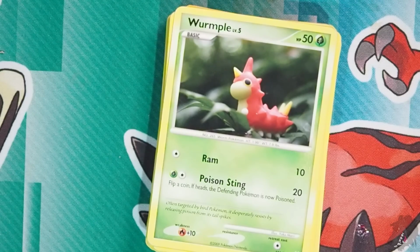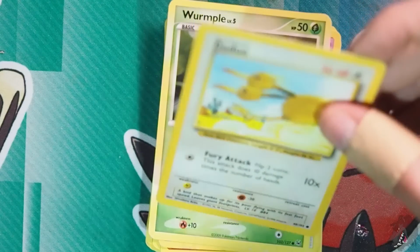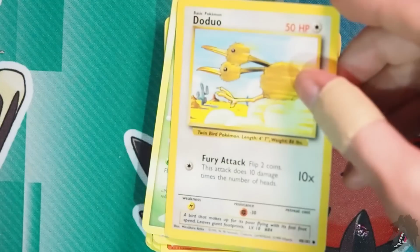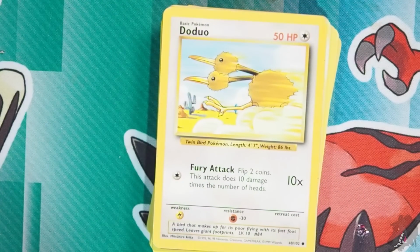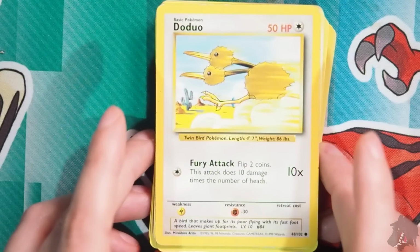We have a Wurmple. This would be a 4th generation card. A couple of marks here and there on the card, it still doesn't matter. It's probably in better condition than my 4th generation cards. Then, alright, this is interesting. That actually does look like a Generation 1 card. Just something about the way it looks. It doesn't have a symbol on it either. If it was a remake, I do believe that has a symbol on it, which means...